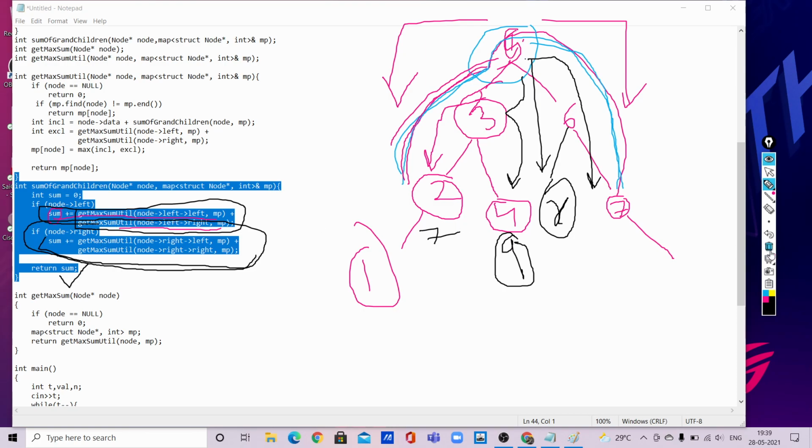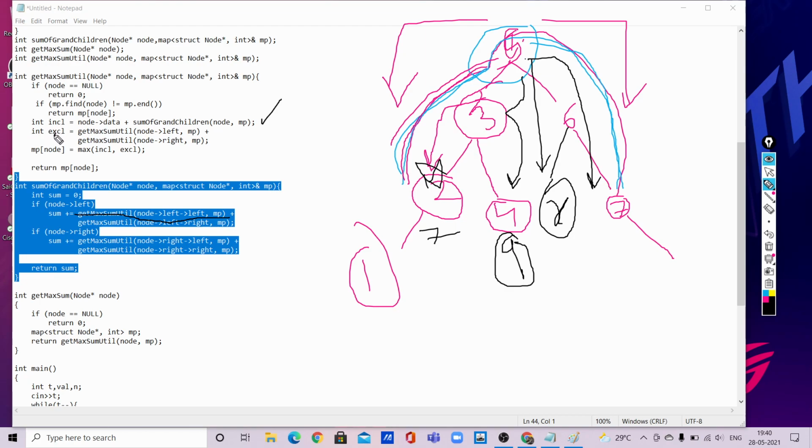See here, get max util node arrow left: it will go here and find the maximum sum which is possible either including this node or excluding this node.